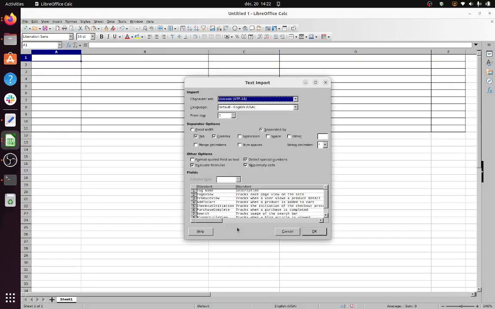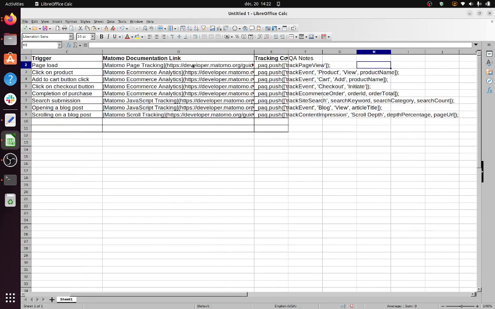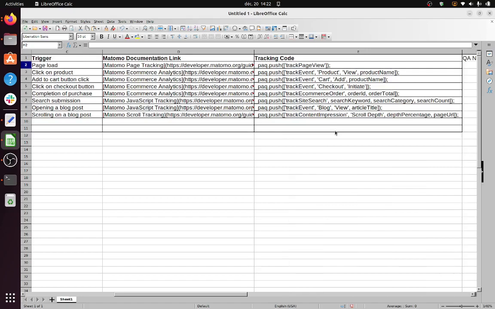Okay, so I'm currently using Calc. And as you can see here, so Matomo documentation link, and let's see about the tracking code. So it added the scroll tracking properly, and I can have a look at the tracking code. So the tracking code is wrong for those lines. I mean, that's not really the way we should go. There's a special tracking code for this within Matomo, but I guess ChatGPT doesn't know it yet,